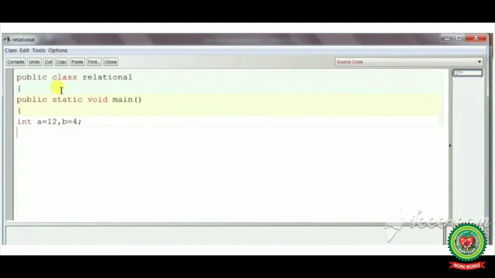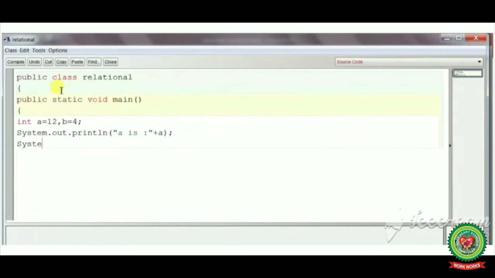Now we have to use the different operators and print our result on the screen. So firstly we will print the value of the variables on the screen. System.out.println, double quote start, a is, double quotes close plus a, semicolon.